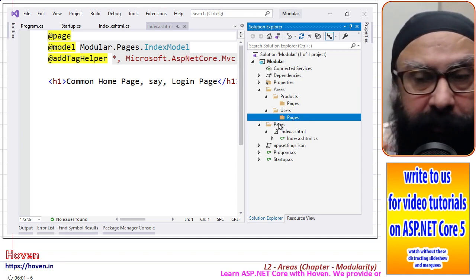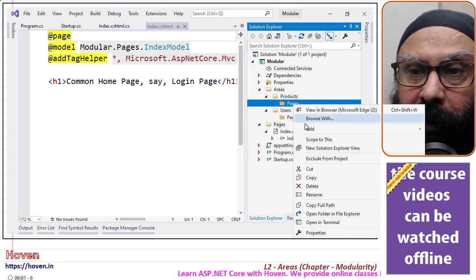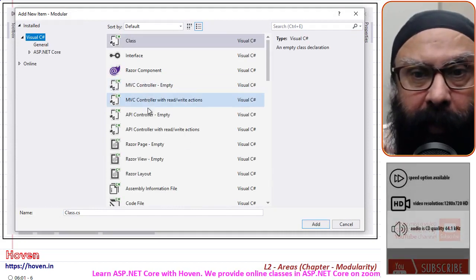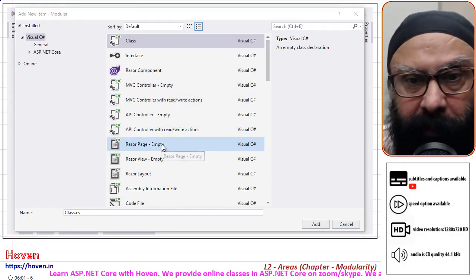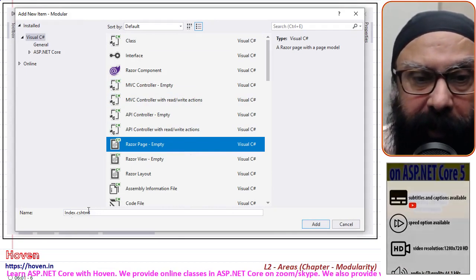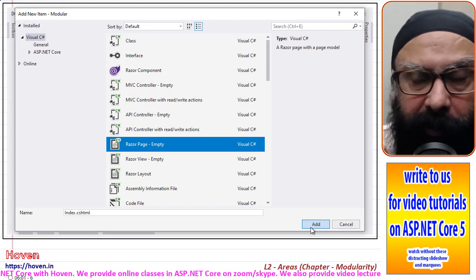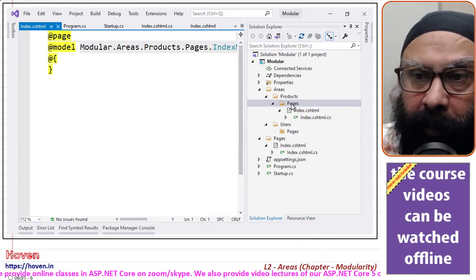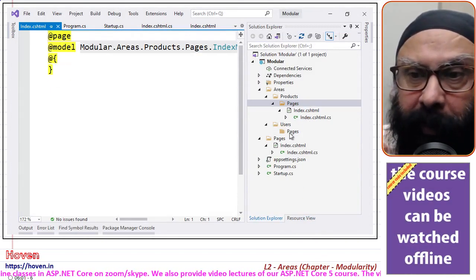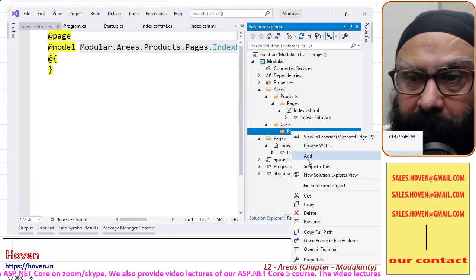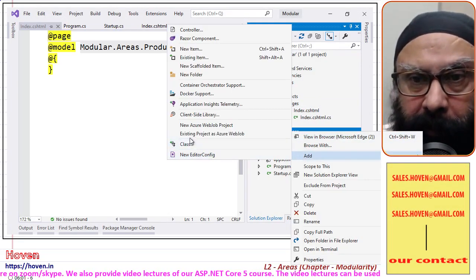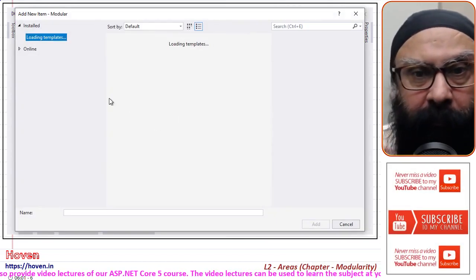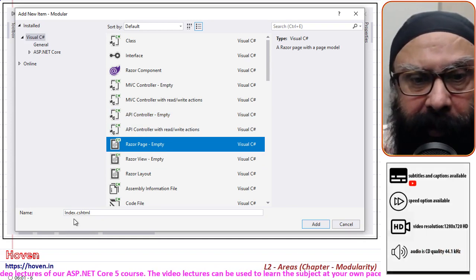Pages, pages and pages. Now inside each Pages folder I'll add a Razor page, an empty Razor page, keeping the name Index so that I can reach it easily, and click add. Here also I'll repeat the same thing: add a new item and give it Index.cshtml.